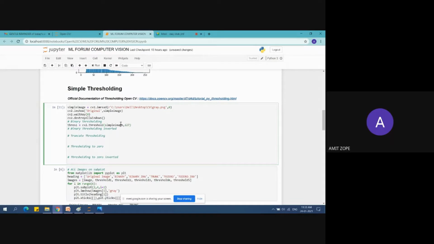Then the threshold value I will be giving is 127. Then this is the maximum value, 255. And next is the method that you want to specify. cv2.THRESH, these are the methods available. So I will first use the thresh binary,